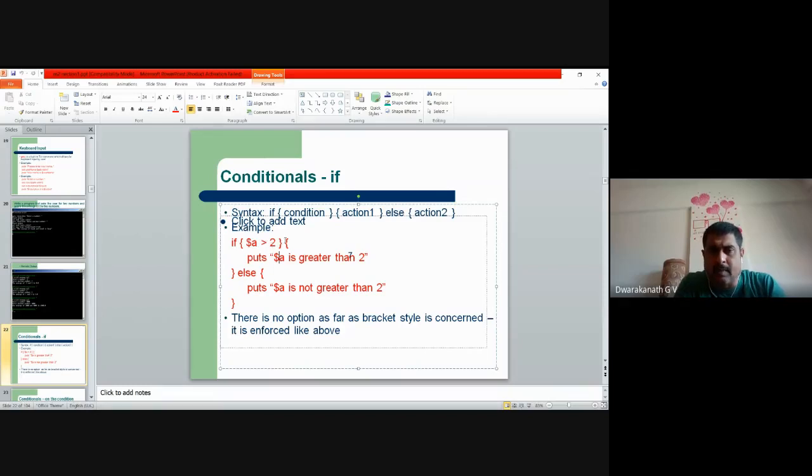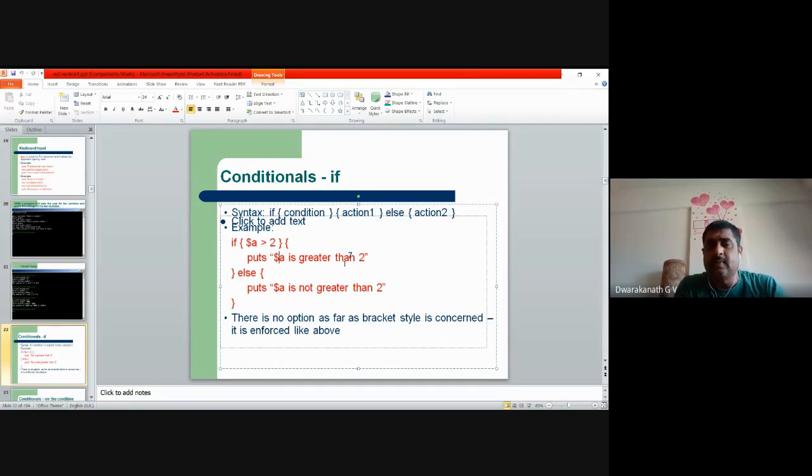Usually in a C program, we will give a flower brace on the next line, but here you can't give a next line. According to the TCL script rules, once you press enter here, or come to the next line, the above statement ends. That is, no continuity will be maintained. If you want to maintain continuity in a command or an instruction, then the open flower brace should be given at the end, in the same line. So this indicates that the statement is still continuing.